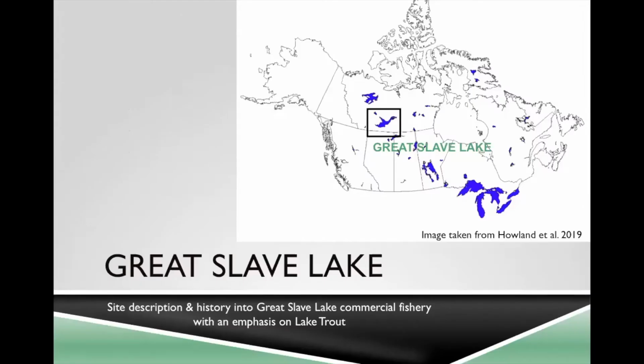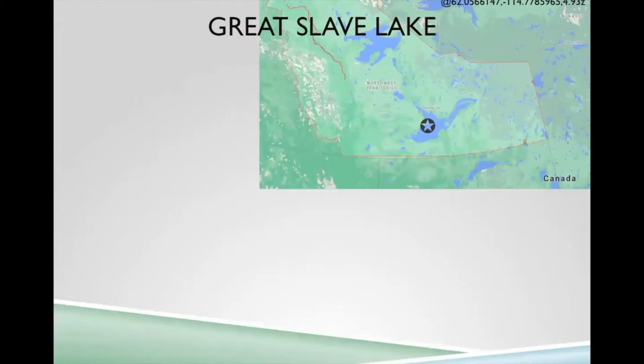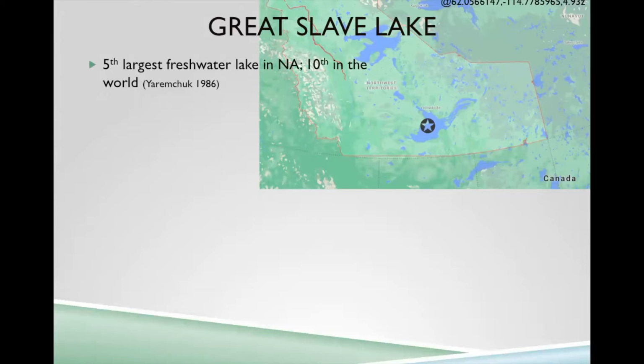In the first section of this presentation, we'll look at a site description and history of the Great Slave Lake commercial fishery with an emphasis on lake trout. So a little bit about the water body. Great Slave Lake is a member of a chain of freshwater lakes known as the Northern Great Lakes, located between 50 and 60 degrees north. Specifically, Great Slave lies in the Mackenzie District of Northwest Territories and is the 5th largest lake in North America,